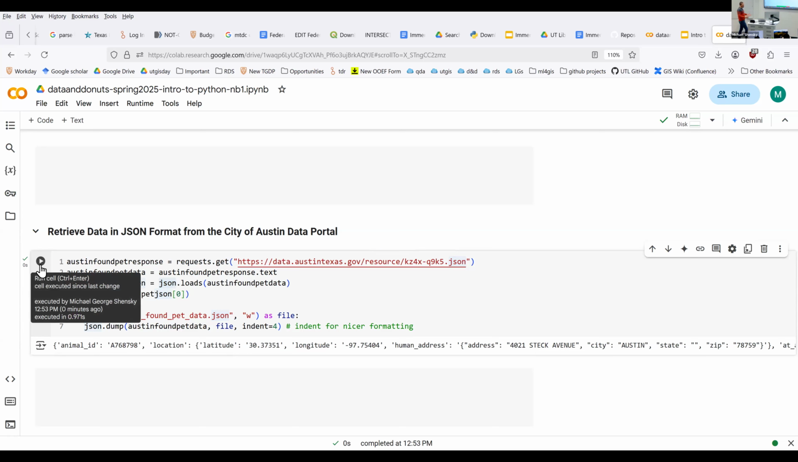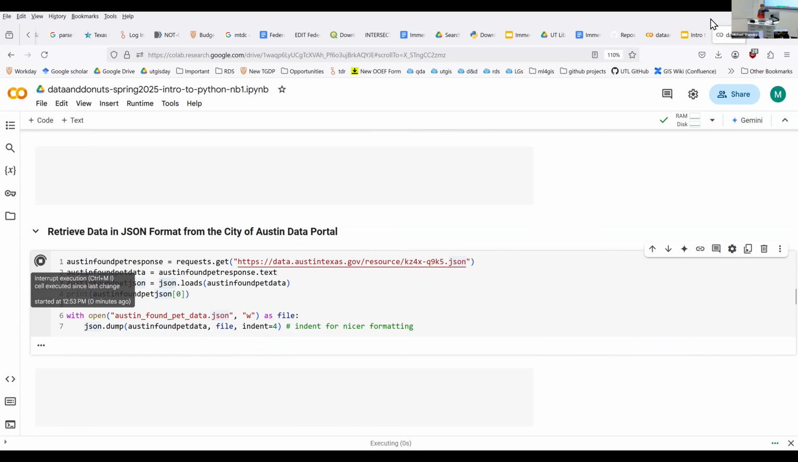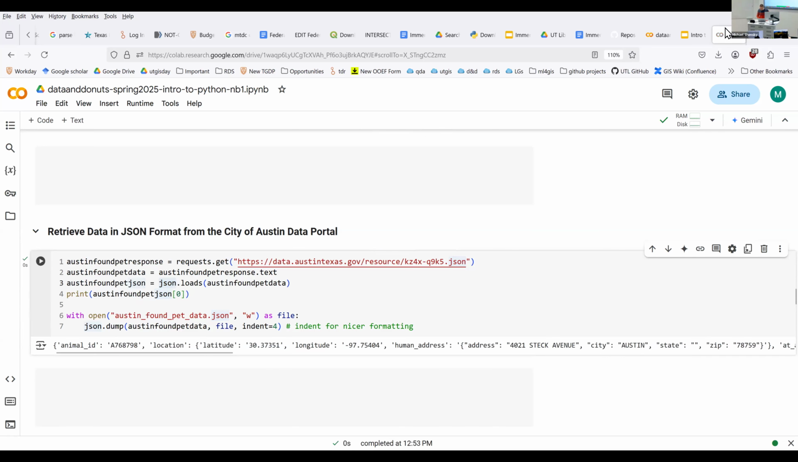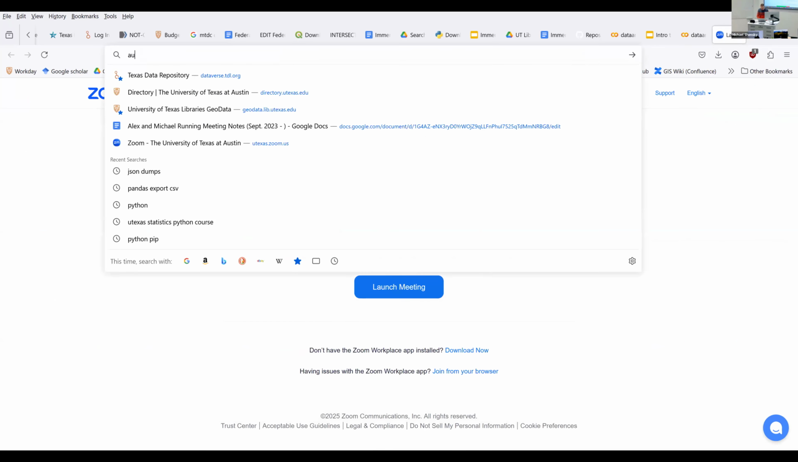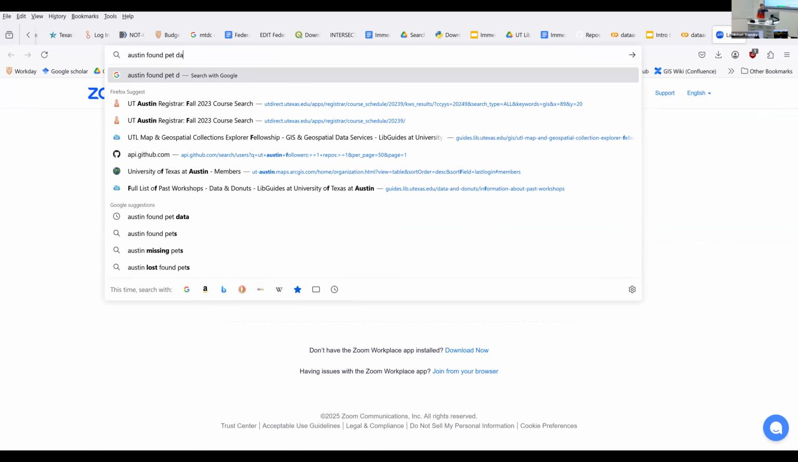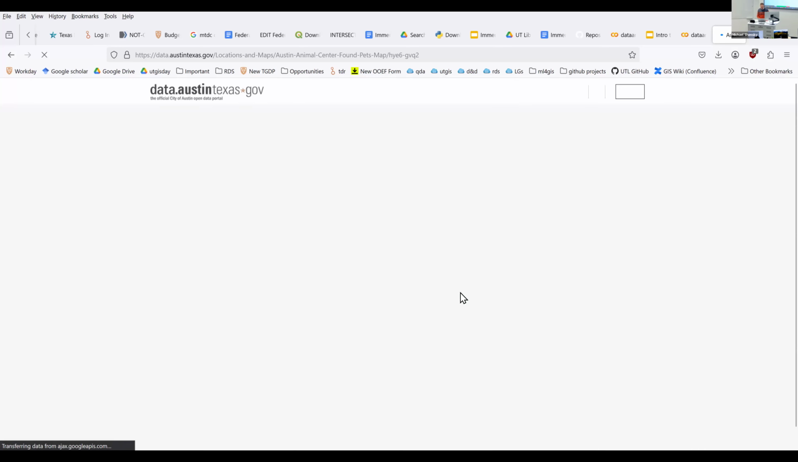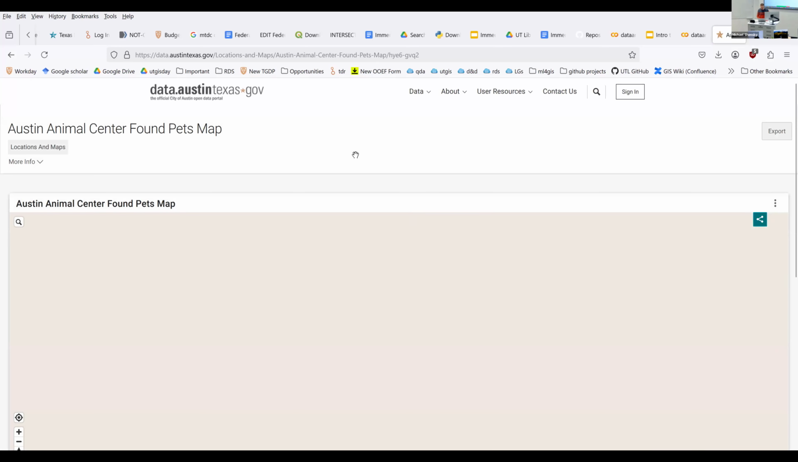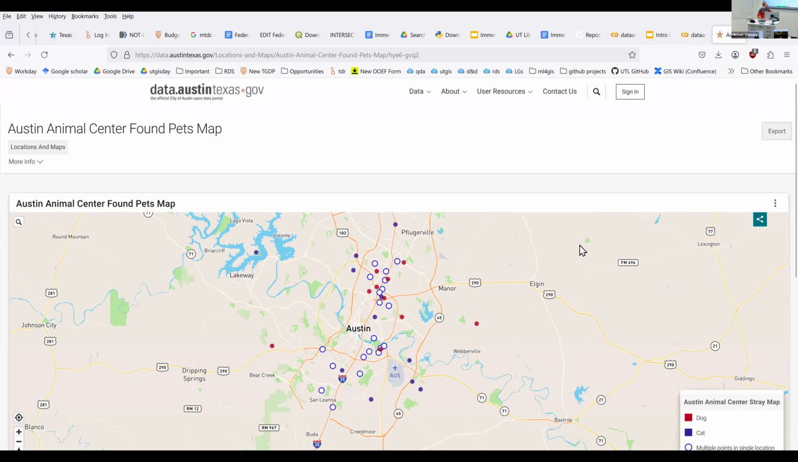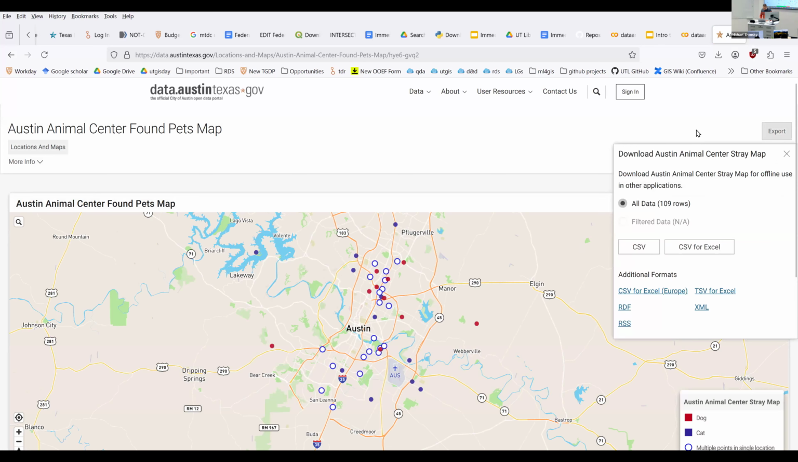So you can go to most data portals for cities, government agencies, in pretty much any portal that you might go to. So if I go to Austin found pet data, this is where this information is coming from. You could go to any other data set here on the City of Austin data portal. This is a visual representation of what the data looks like. It's showing us where people have lost cats and dogs in the City of Austin and where those pets have been found. And if I go to export,